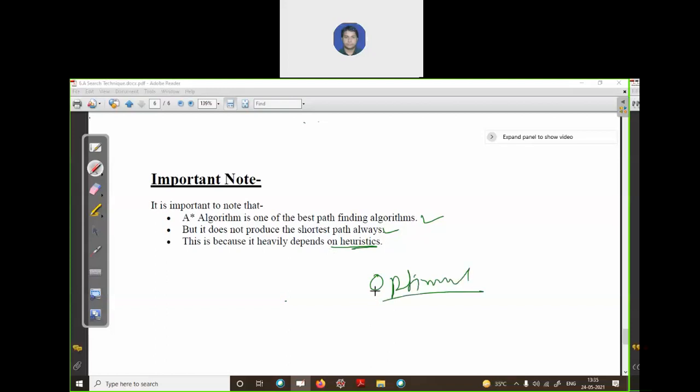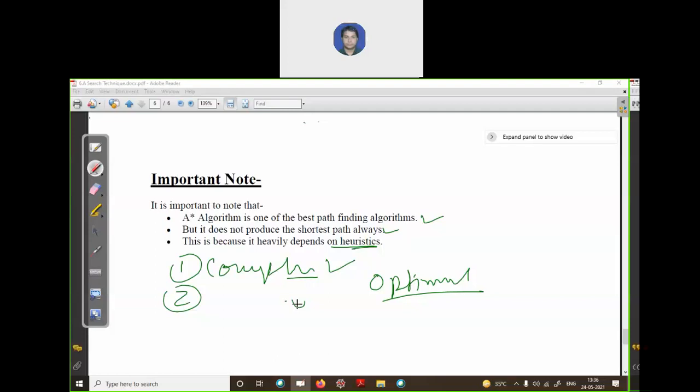How? One thing is that this technique is complete, meaning if a solution exists, it will definitely find that solution, and it will always give you the optimal solution if you use an underestimated heuristic.